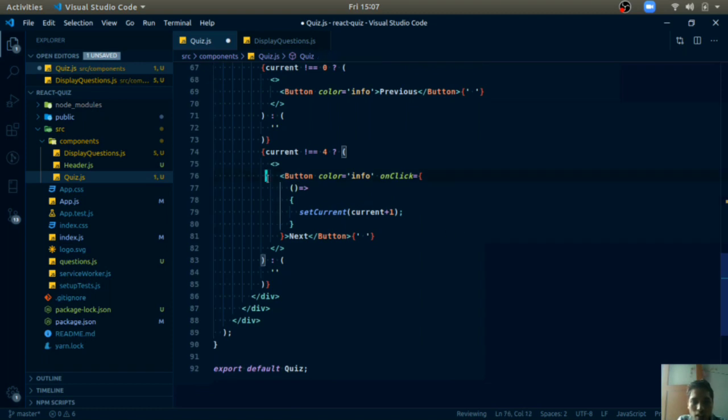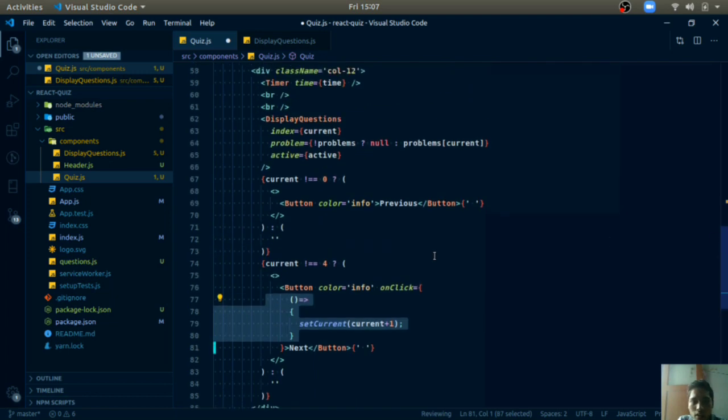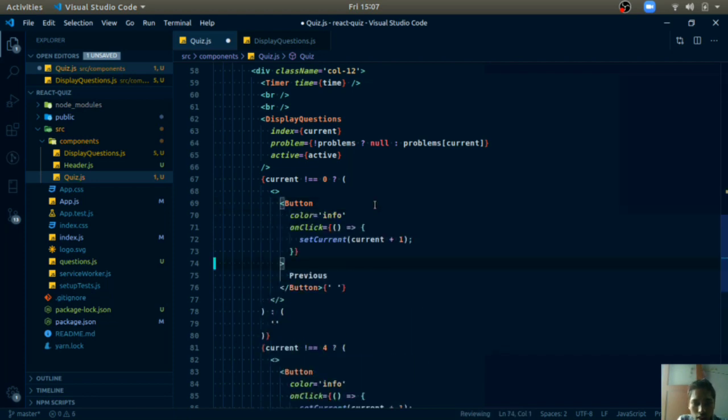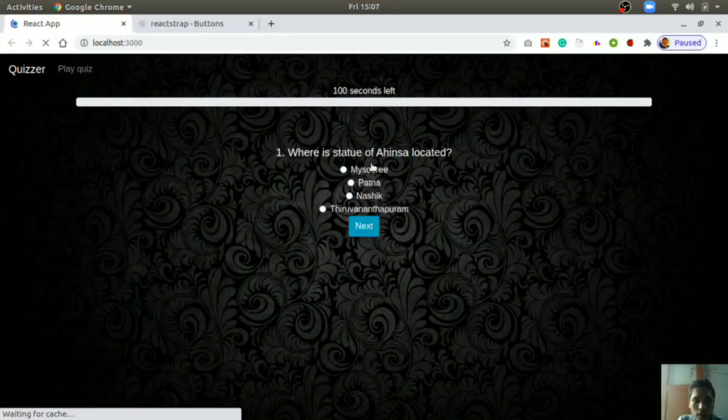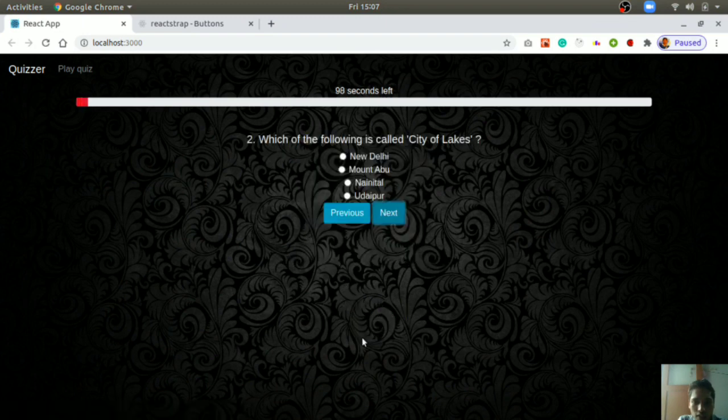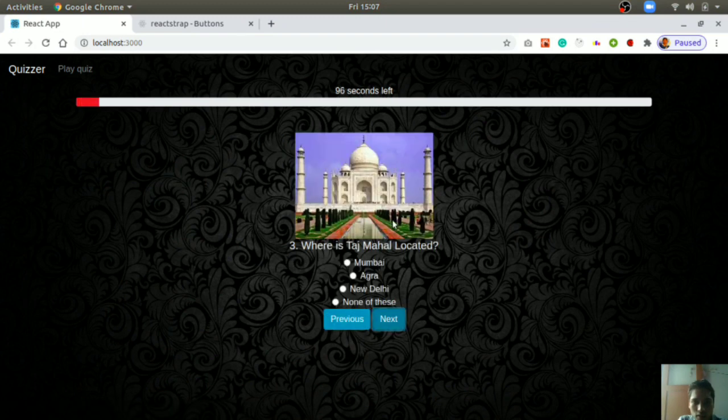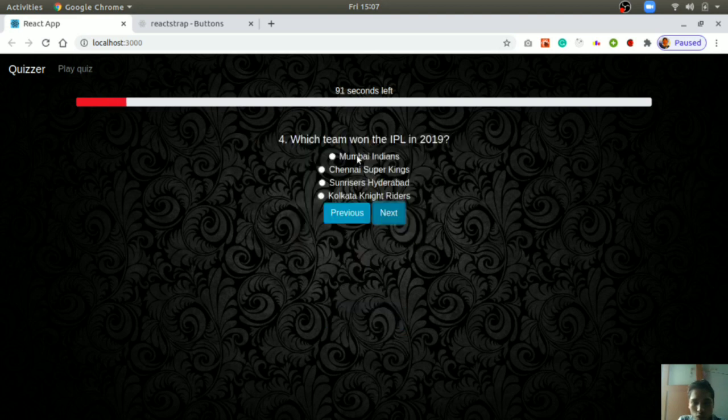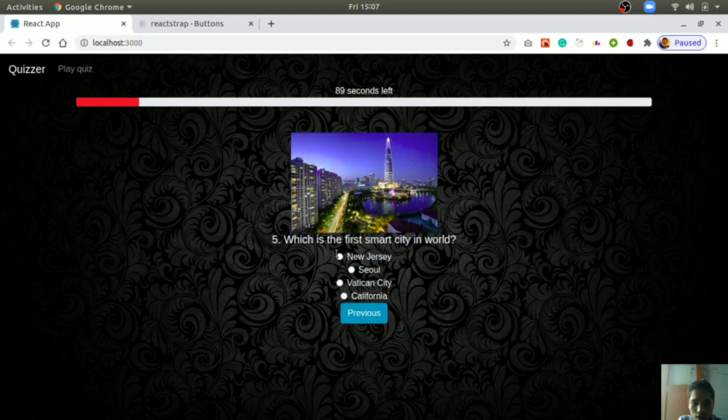Now similarly for the previous button also you can do it. Just add an onClick event listener, or better say a prop, onClick, and pass this. It will just be the opposite, current minus 1. Now it should work fine. Let us see. Okay, the question is there, next. I can go next, previous, next, next, and at the fourth question or the fifth question it shows only the previous